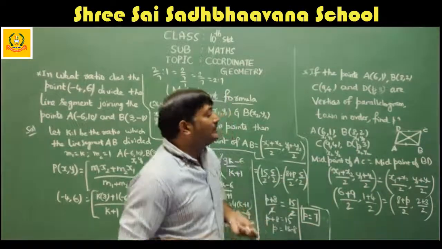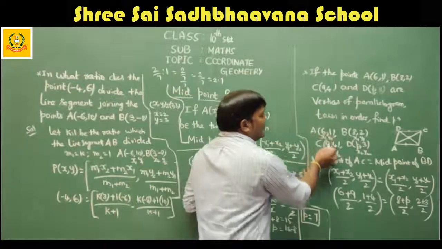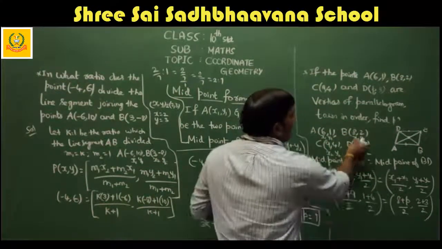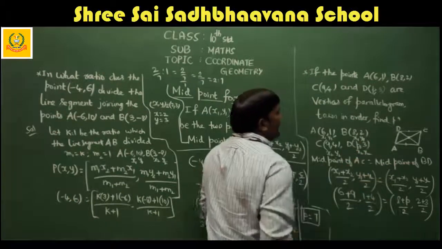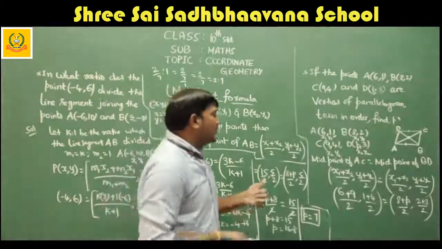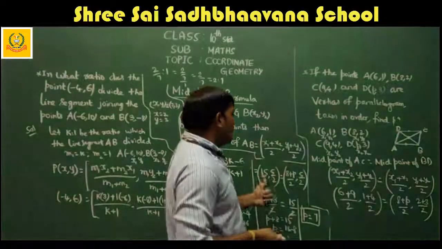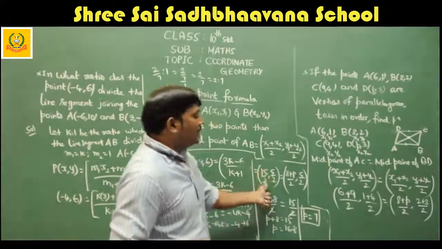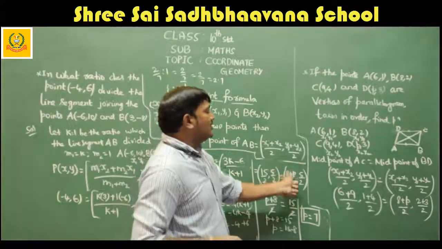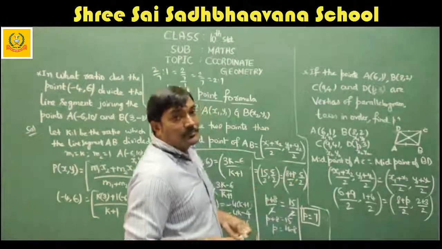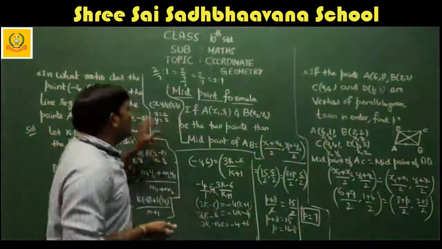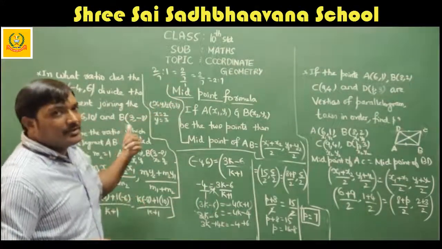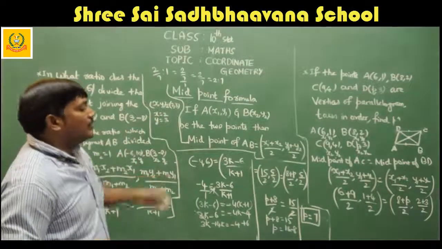So we have taken 6 plus 9, so x1 plus x2, 6 plus 9 by 2, 4 plus 1 by 2. Similarly, 8 plus p by 2, 2 plus 3 by 2. So after simplification, what do you get? I'll just continue here. 6 plus 9 is 15. 15 by 2 and 5 by 2, which is 8 plus p by 2, 5 by 2. As we know that if two coordinates are equal, corresponding x coordinate and y coordinate should be equal. That I explained before also.